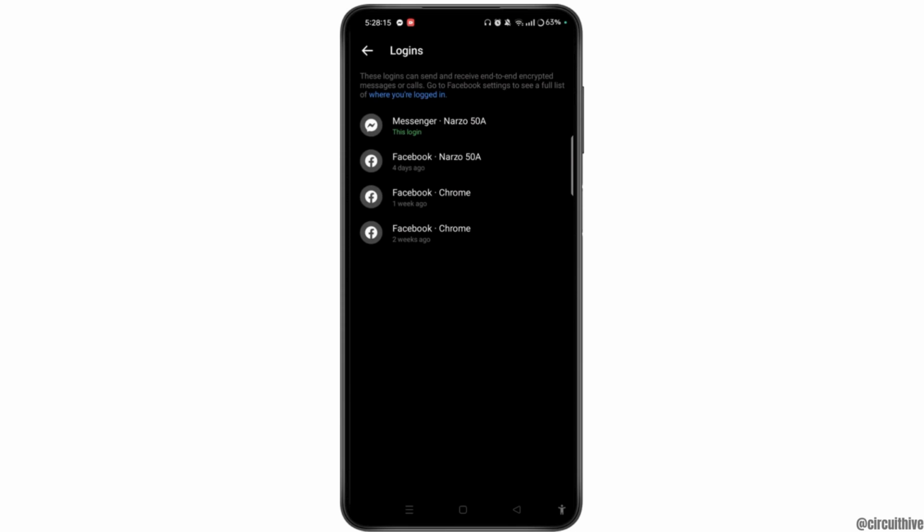On this page, you will see where your Messenger has been signed in or logged in. To find your particular Messenger account, you can see this login underneath, which is highlighted in green. So that is your Messenger, which you want to see the